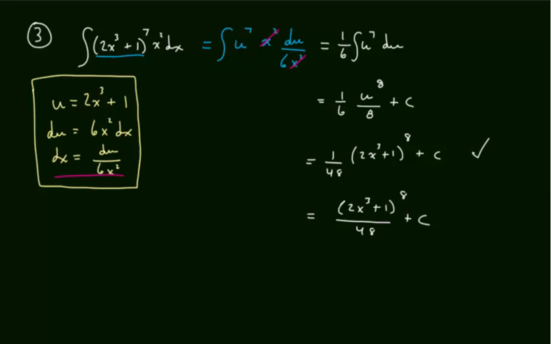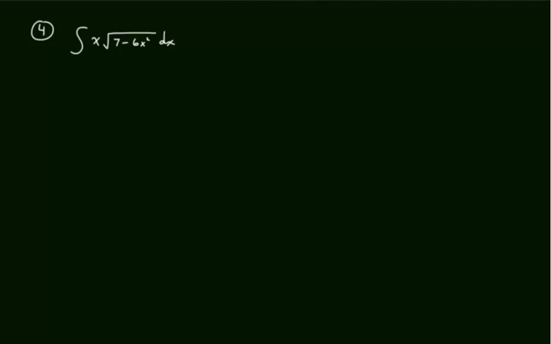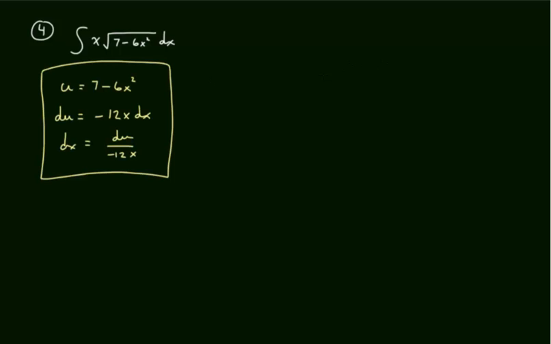I prefer this one here. Please try number 4. Press pause now, and then unpause to reveal the solution. I have my transformation described in the yellow box. I have to pull out a constant. I hope you see the constant that I will pull out is a negative 1/12 times,